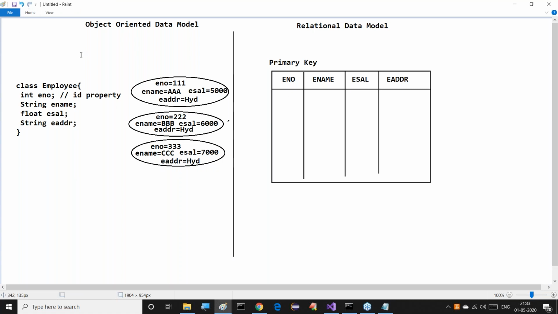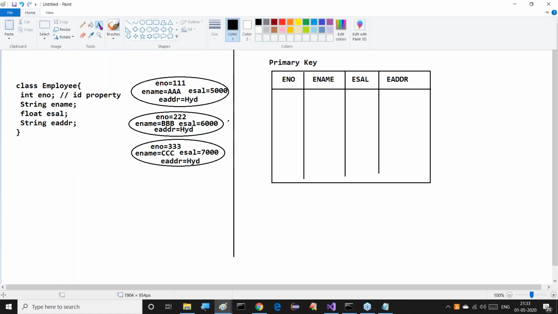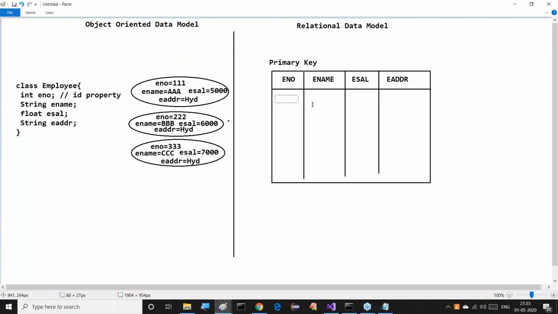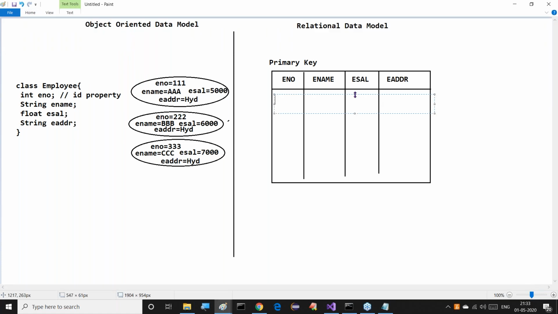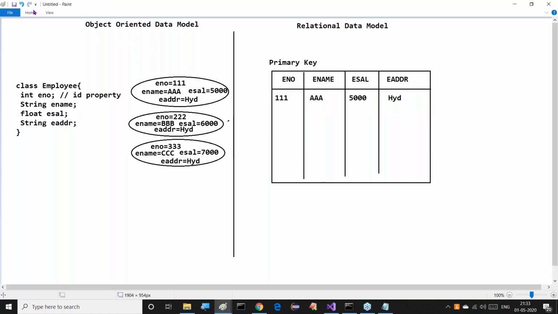All these three objects have to be represented in the relational data model also. For each object: 111, ename AAA, esal 5000, and eaddr the address.